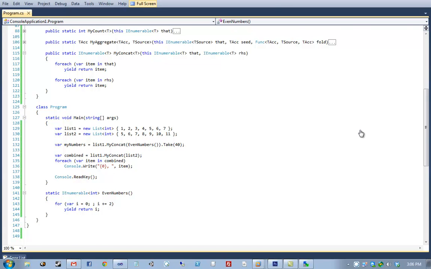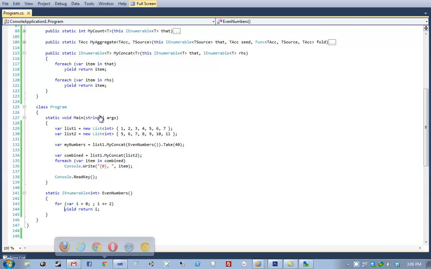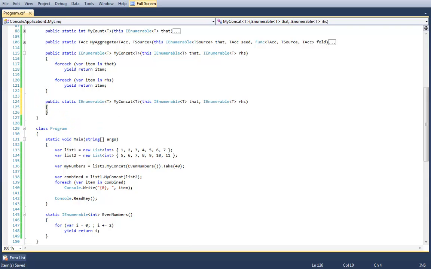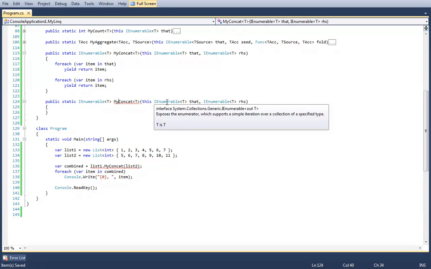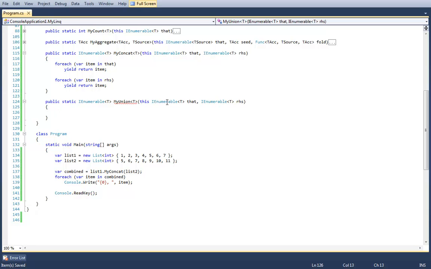Okay. So, yeah. Let's go ahead and now talk about union. So union has a very similar signature, but has a very important aspect to it that makes it different than concat. And that is that union will only return items that are unique. And so I remember a conversation we had in C# 102 when we talked about the HashSet class, and people were like, why would you ever use the HashSet class? That seems like a stupid type. Well, because of stuff like this.